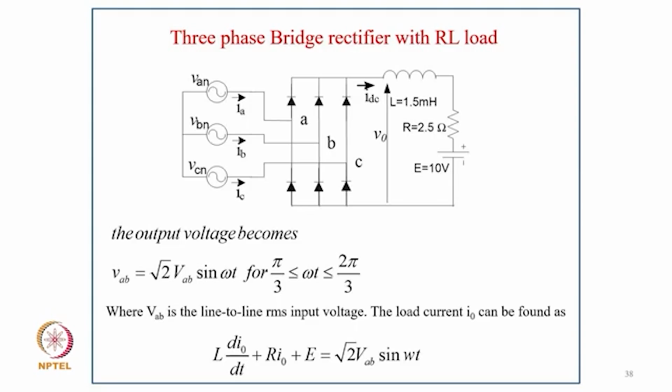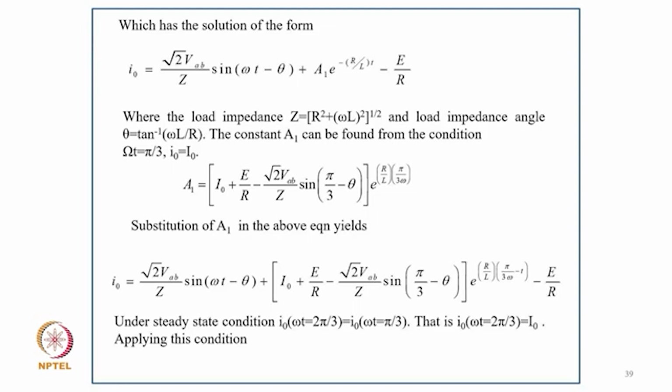RLE load, you can see in the diagram. So the output voltage becomes VAB = √2 VAB sin ωt for π/3 to 2π/3, where VAB is the line-to-line RMS voltage. The load current I0 can be found out from L di/dt + R i0 + E = √2 VAB sin ωt, and which has